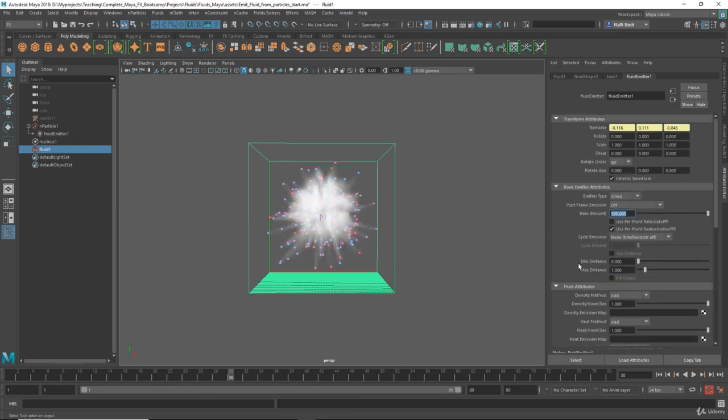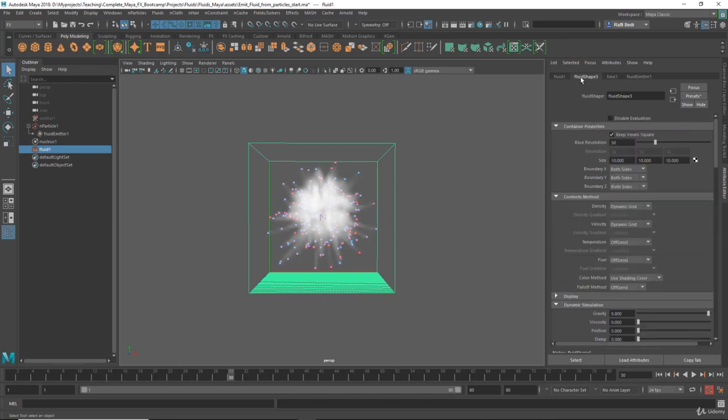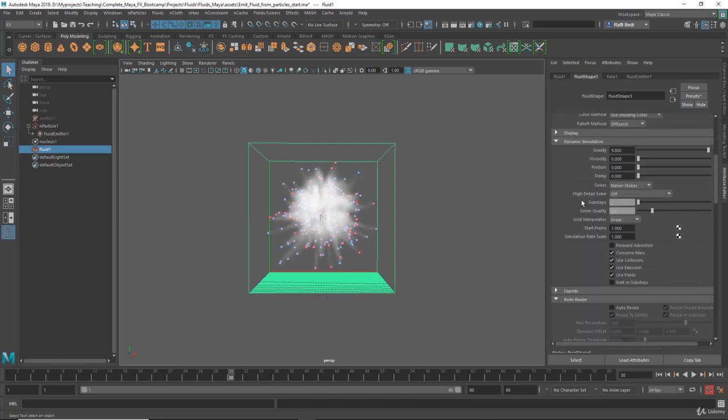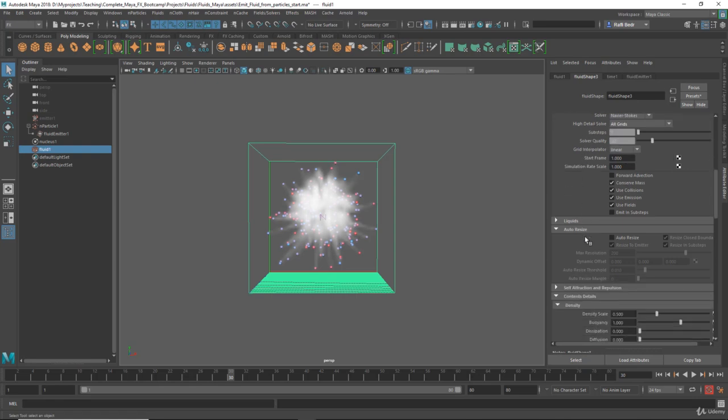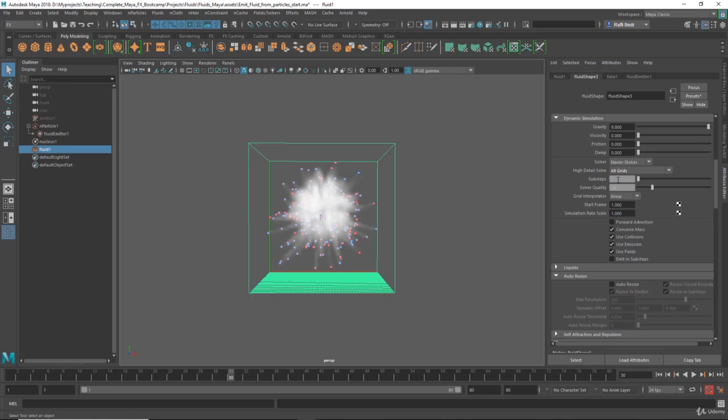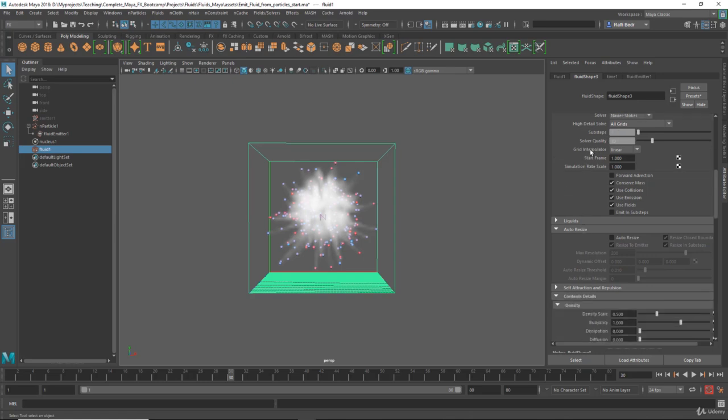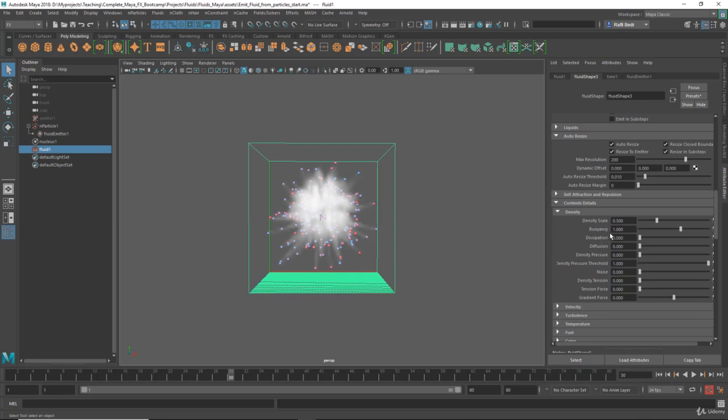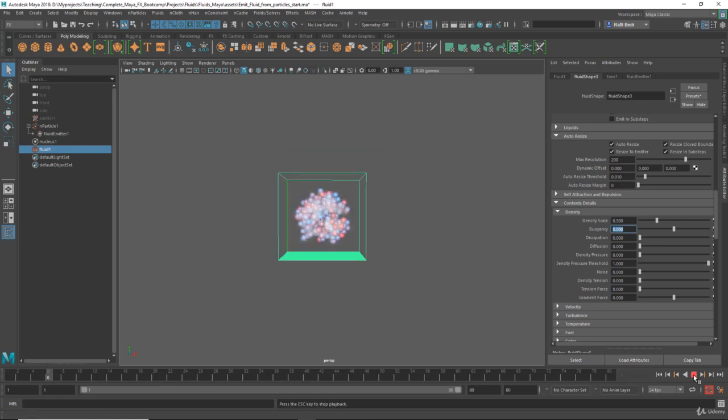And we can do another step here by going to fluid shape, and let's scroll down. I can set the algorithm to high detail solve to add more details, and you can increase the substeps too if you have very fast particles moving. And let's enable the auto resize, and I want to set the buoyancy to 0 because I don't want the smoke to rise up. Okay,